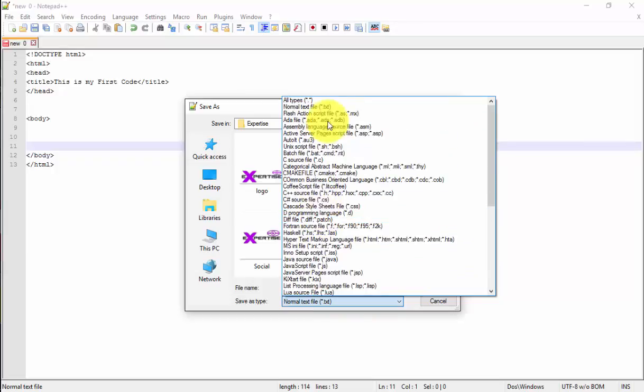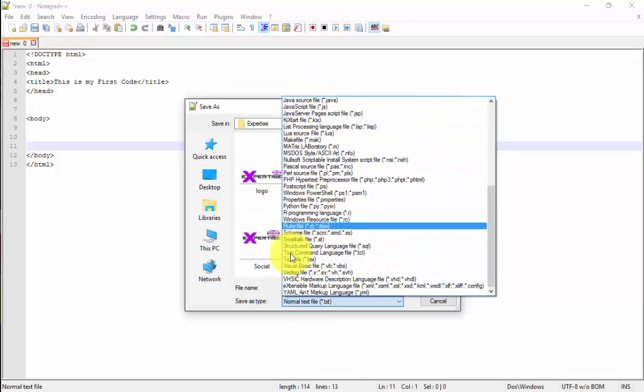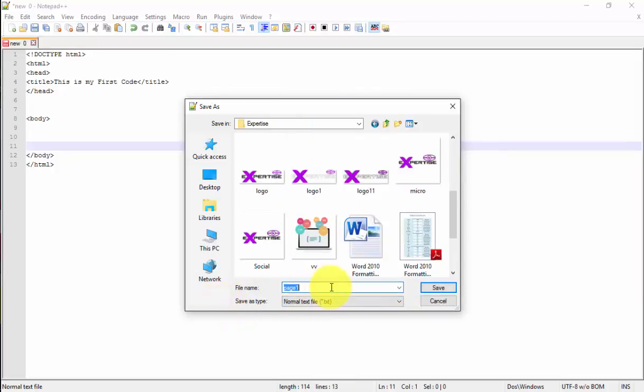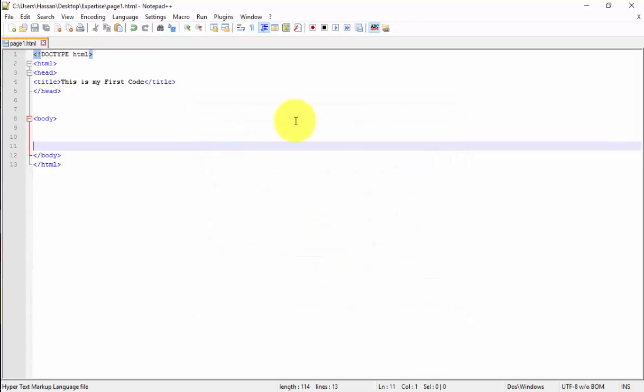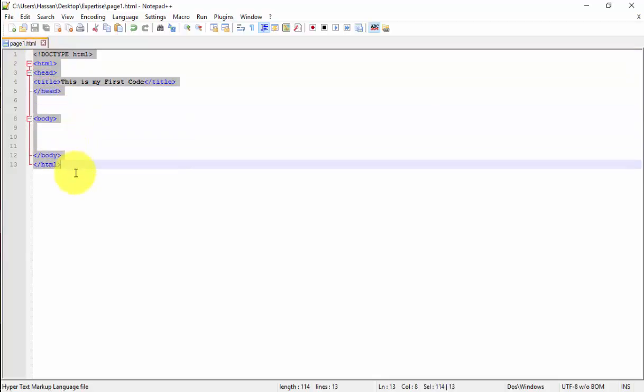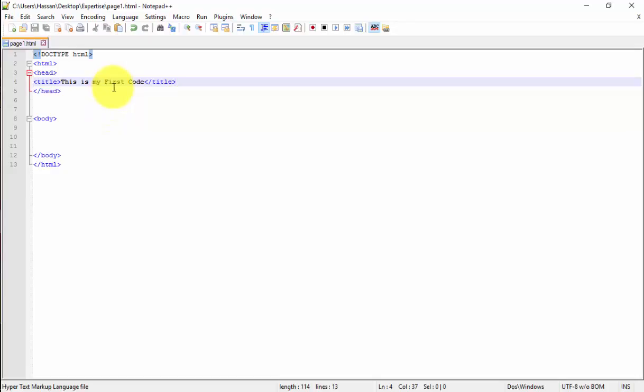And in Notepad you will not see these multiple file extensions. So the easiest way is give a name, after that place a dot, and then dot html, and click on save. So now the file is saved as dot html